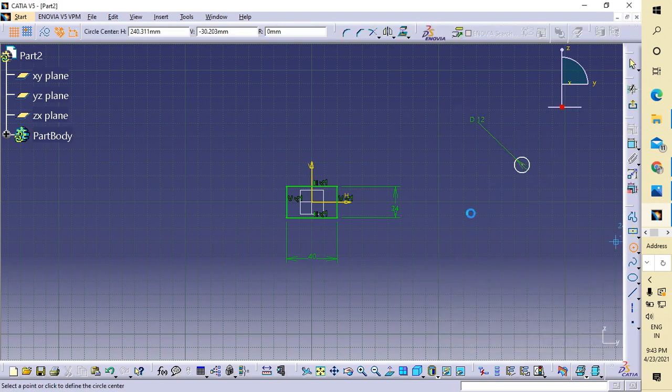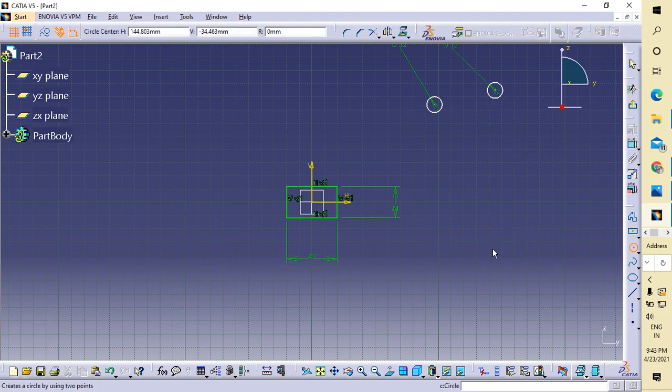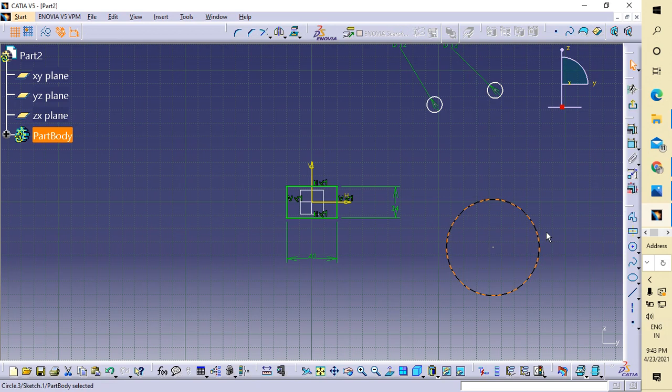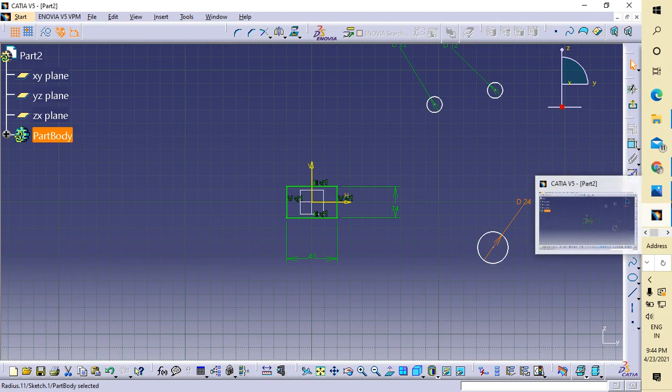Okay, similarly draw another circle of diameter 12. Now I have to first draw a circle of diameter 24. Okay, why did I make this?